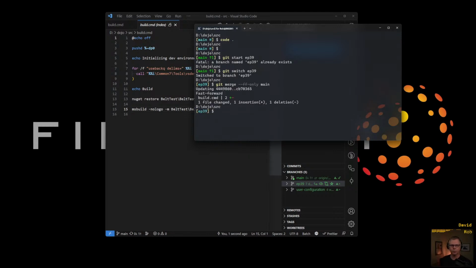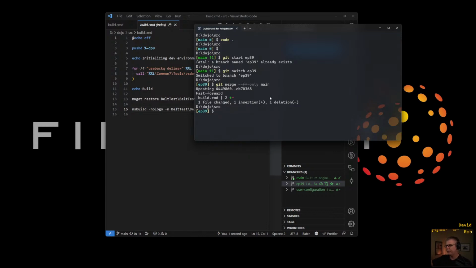There we go. Fast forward. That's what I wanted it to do. All right, there we go. There's a create branches switch option. Oh, thanks. That's what I get for not reading closely. Thank you, Bob. Okay. So I should now be on the correct branch with this commit, and everything will work